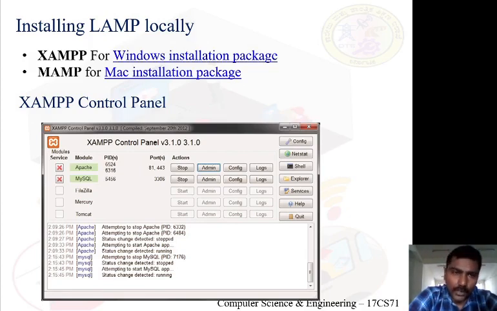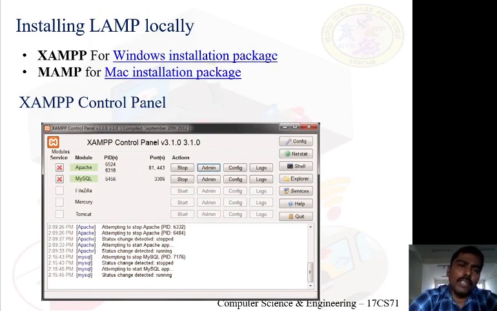Once your XAMPP is installed, let me assume I've installed XAMPP for Windows. After installing, you launch the XAMPP control panel. I want to verify whether the Apache web server is configured perfectly on my desktop, so that I can make my desktop act as a web server.